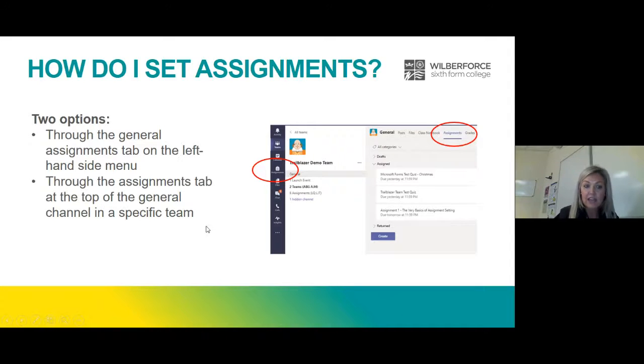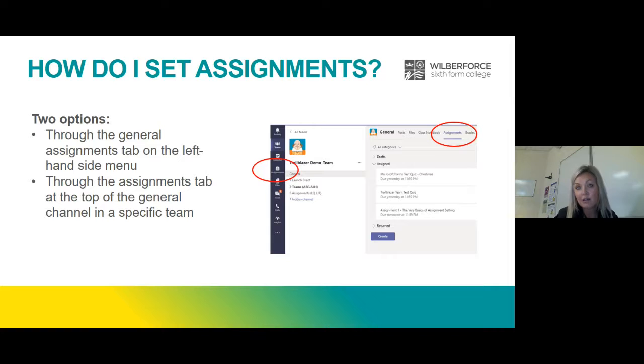The second option is if you are within a team. This is just a screenshot of the demo team that we've set up to demonstrate the functionality of assignments within Teams. In the general channel, you've got an assignments tab at the top. If you create assignments within that particular team, it automatically sets it for the class assigned in that team.